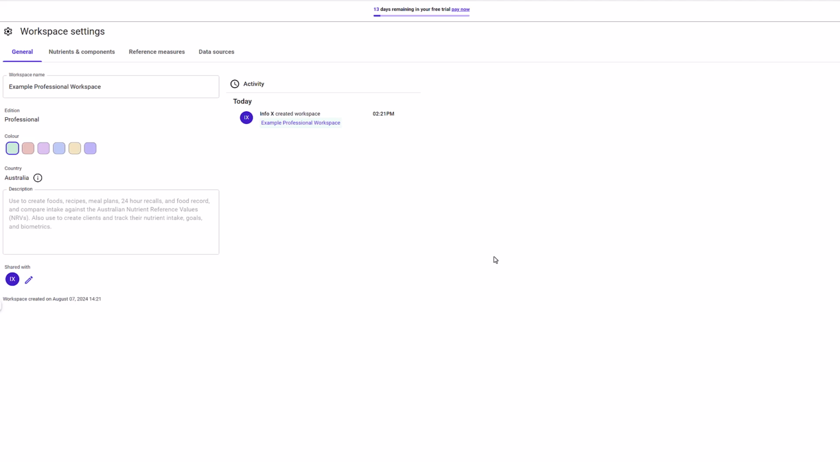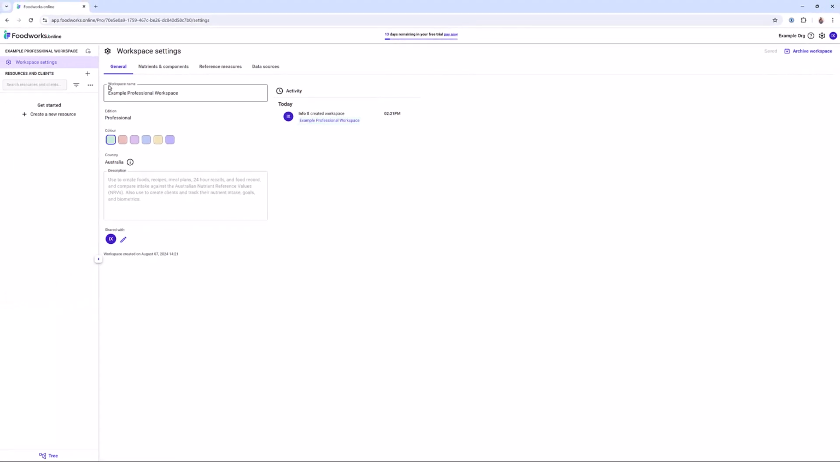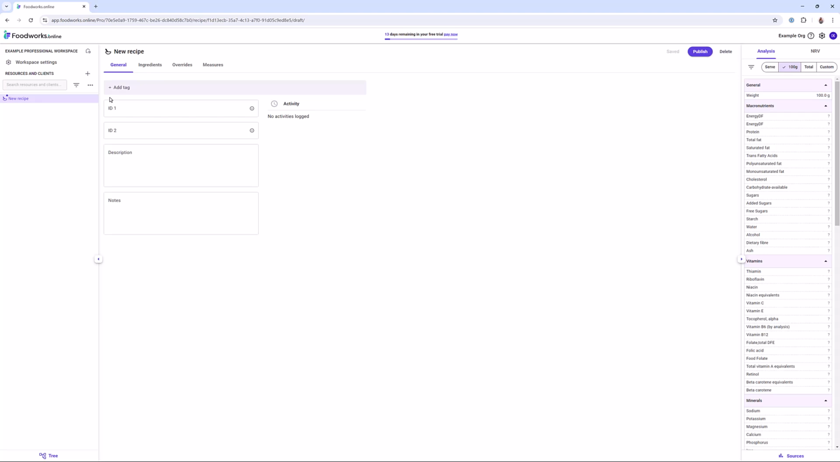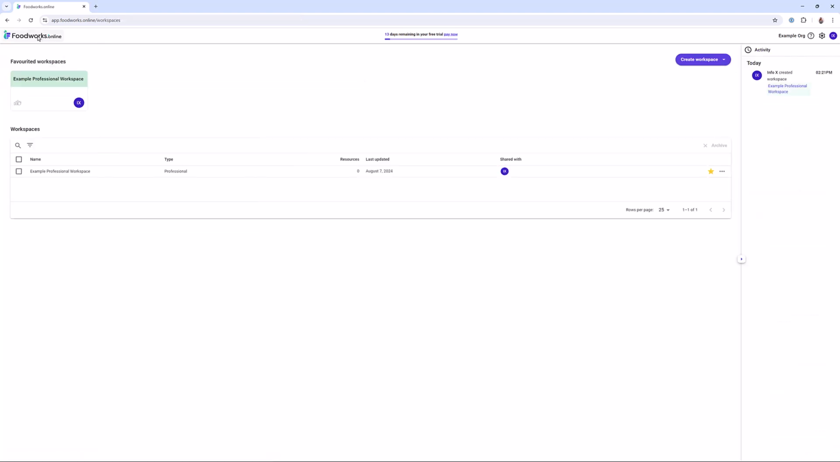Here, you can make changes on the General tab, Nutrients and Components tab, Reference Measures tab, and Data Sources tab. You can also create new resources and clients by selecting the plus icon in the navigation pane and selecting the relevant option. For a more in-depth overview of using a professional workspace, please watch the quick overview video for Foodworks Online Professional. Now let's go back to the Workspace dashboard by clicking the Foodworks Online logo at the top left